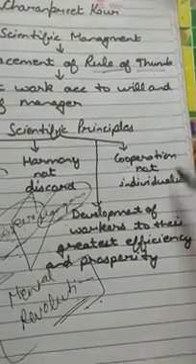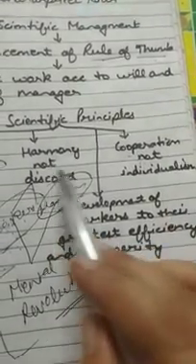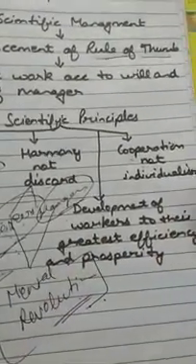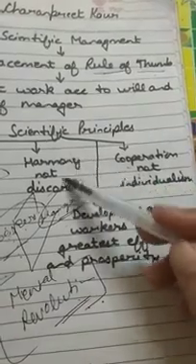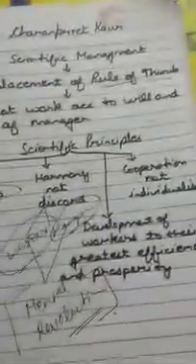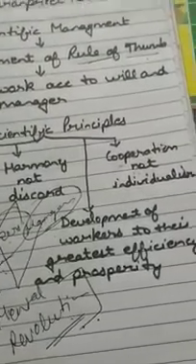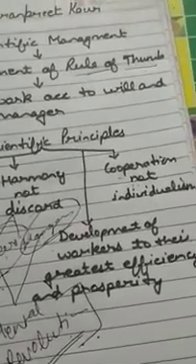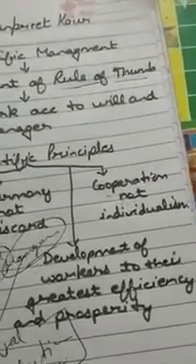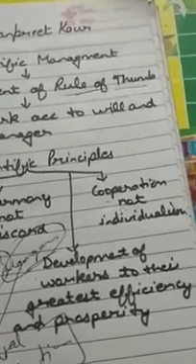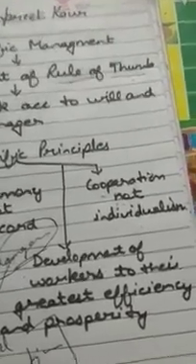cooperation not individualism. Cooperation not individualism, this is also very simple, that this cooperation not individualism, harmony not discord, it is one and the same thing. But cooperation not individualism, we can say that is the extension of this principle, that is the harmony not discord. ठीक है, so basically what workers are in confidence setting up the standard task for them. ठीक है, so they should cooperate with one another, workers and management, before setting up any kind of target, before setting up of any kind of plan, they must cooperate with one another, because we can say the management, it is a group activity, it is not the individual activity, it is not the single activity,